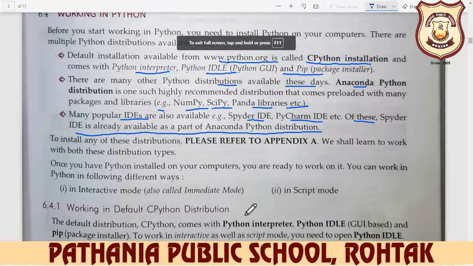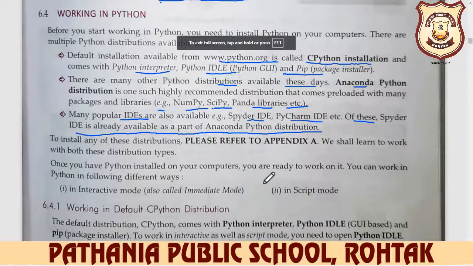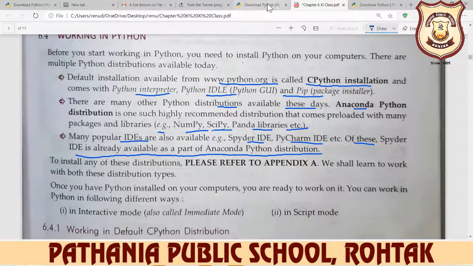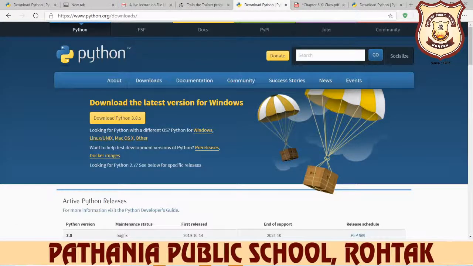But today we learn how to install Python. You can install Python from the Jupyter, Spyder, and here we download Python from the Python site python.org. After that you click on the downloads. First you click on python.org, then you click on downloads, and the latest version of Python is